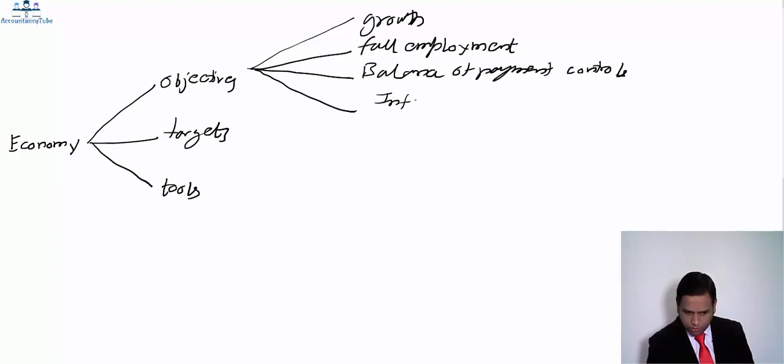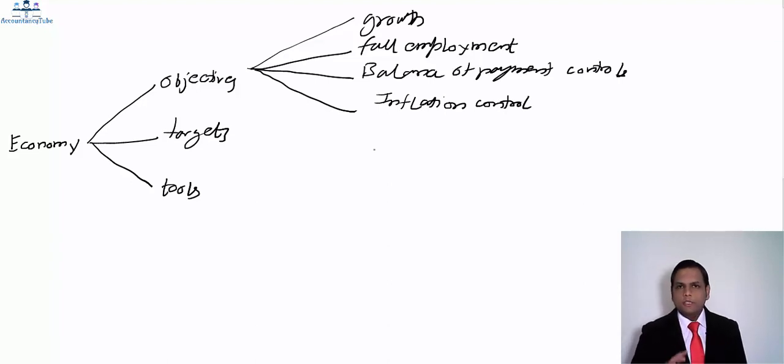And inflation control. Now, assuming these are the objectives which the government intends to work on, what it can do, it can set